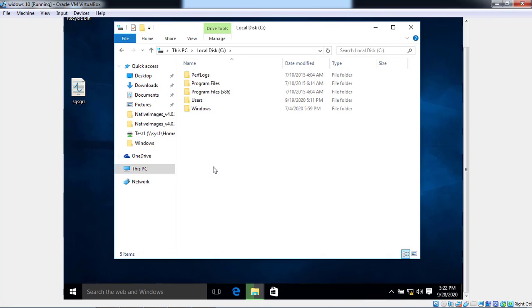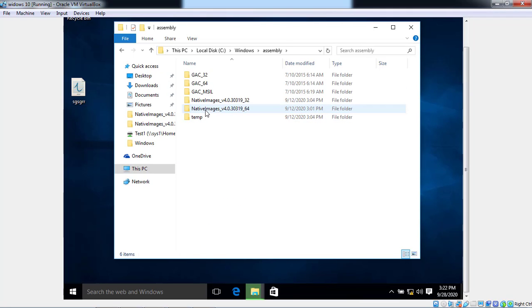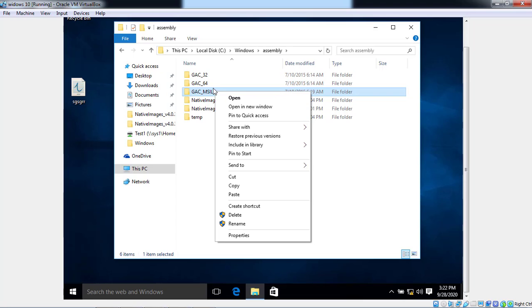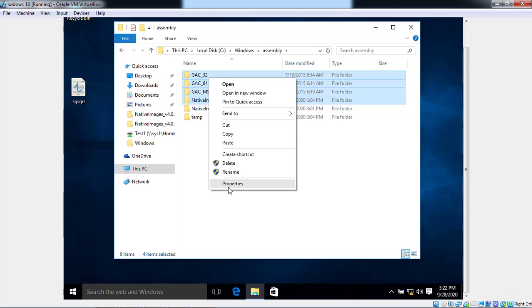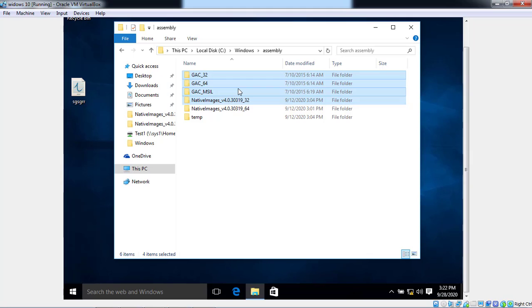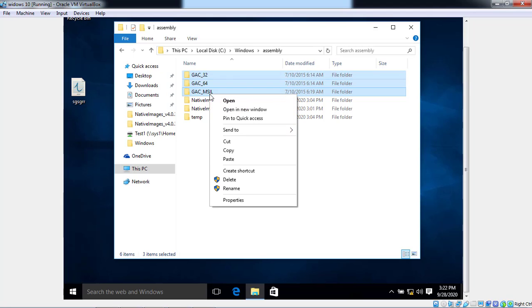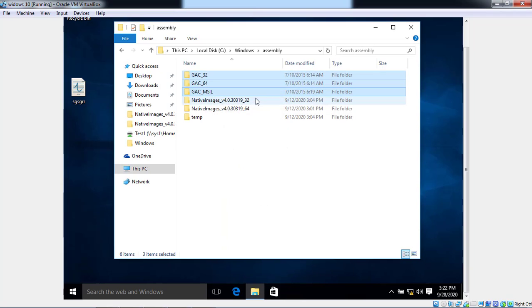Go to another folder in Windows, to assembly, and select the first 4 folders. You can see the total size is 110 MB and we have given a size of 100 MB. So let's try the first 3 folders. How much is the size for the first 10? It's just 6 MB.